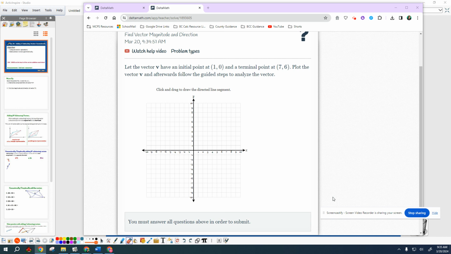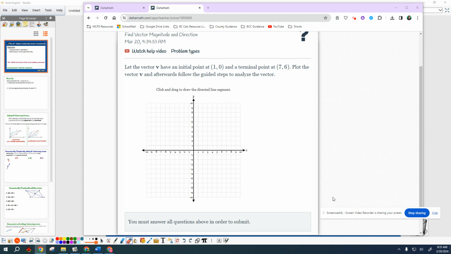Someone asked to go over the last question on the Delta Math. This was the style. First of all, reminder, there's an exit card tomorrow. It will be on Delta Math, and it will be more towards the beginning of class. So, something you might need to do,